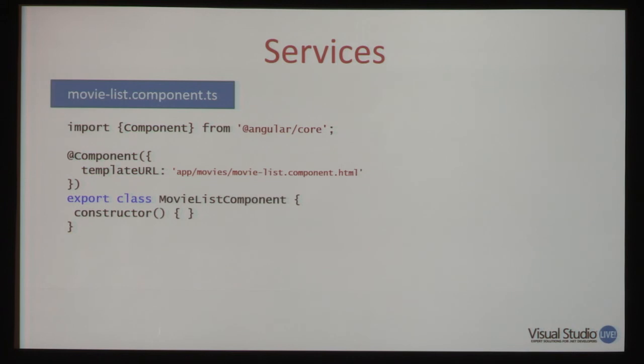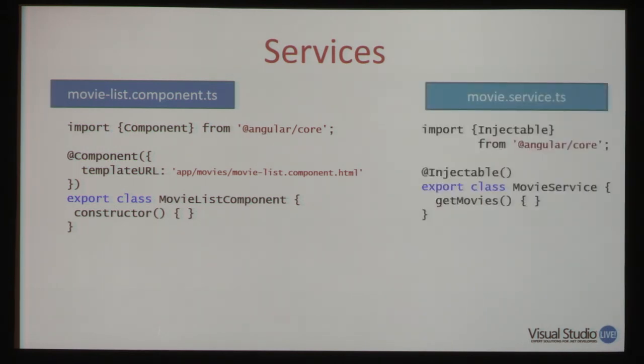Okay, so this is a shorter version of the movie list component that we just saw. I don't have all the code in there so that it fit nicely on the slide. But just so that you kind of remember what a component looks like, this is what a service looks like. Notice how similar it is. We still have our export class. My movie service has one method called getMovies. It'll probably have another method called getMovie for the detail and for the edit feature. And maybe I might have a save movie and so on, but we'll start with one, getMovies.